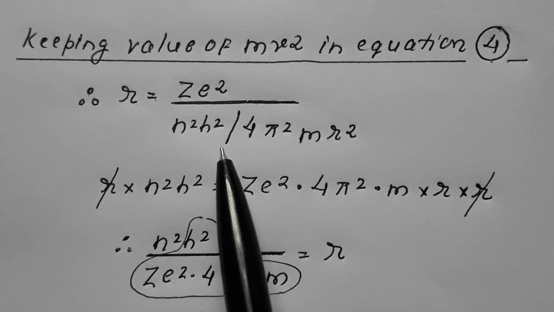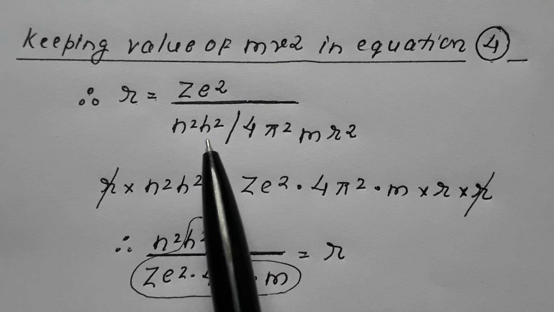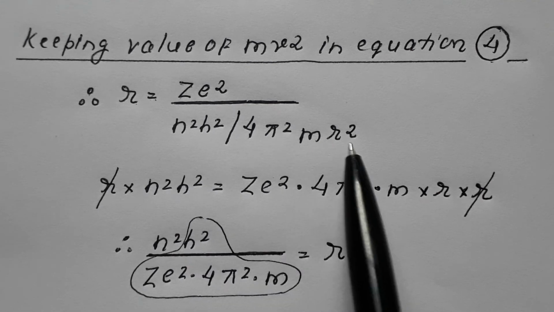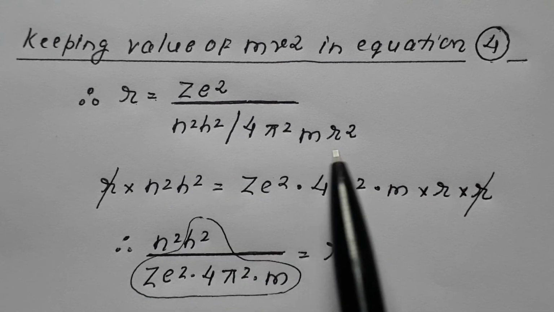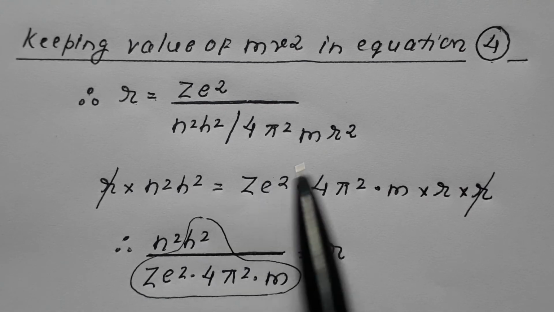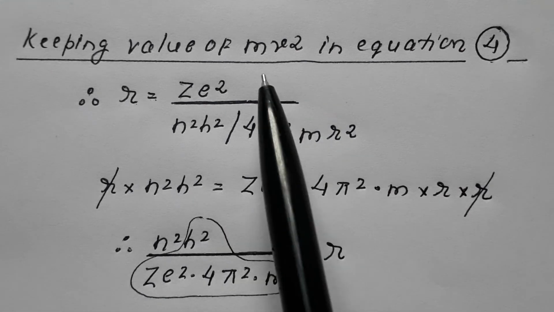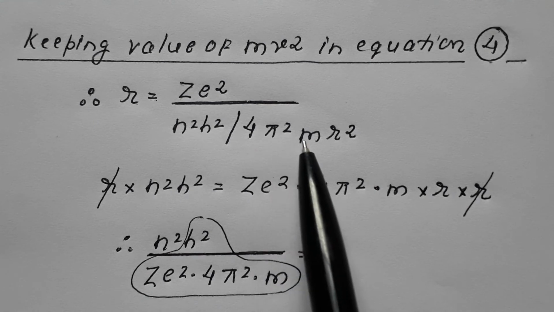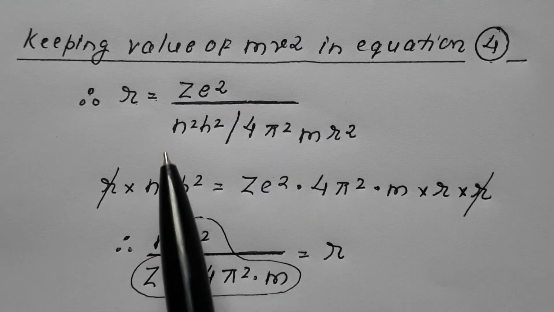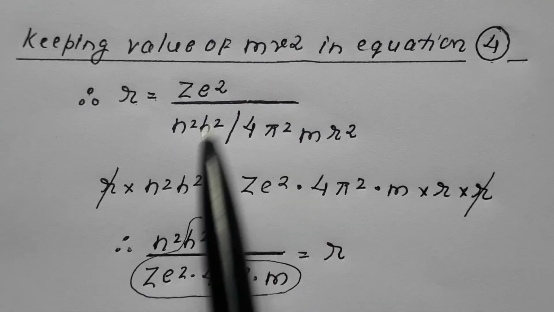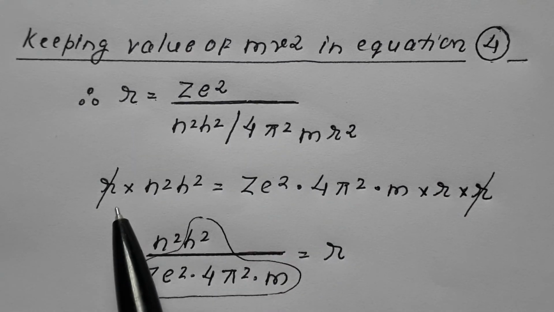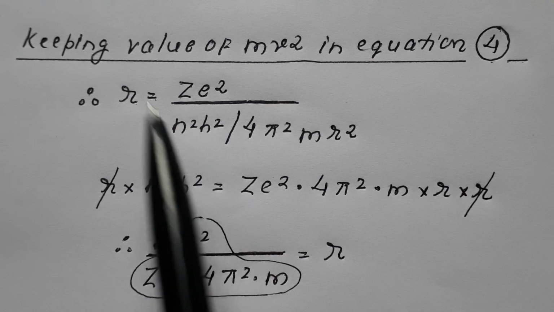The value of mv square we have calculated: it is n square into h square upon 4 pi square into m into r square. So we have replaced mv square by this value. Now if I reshuffle it, this 4 pi square into m into r square goes into the numerator, and if I cross multiply, it becomes r into...